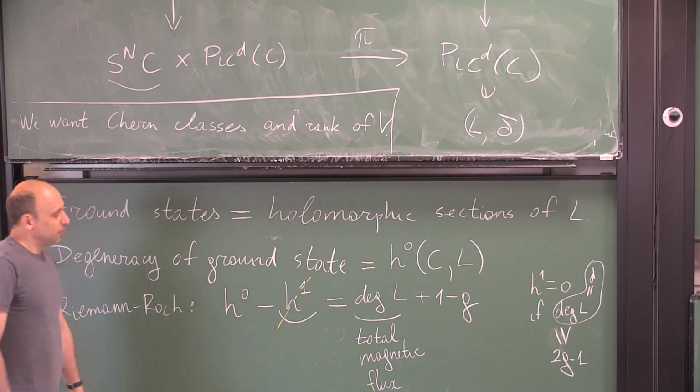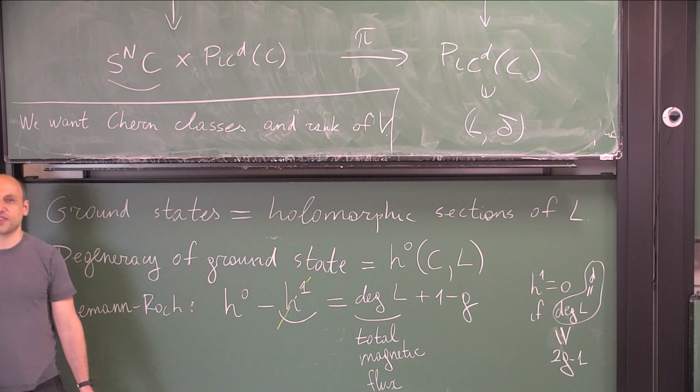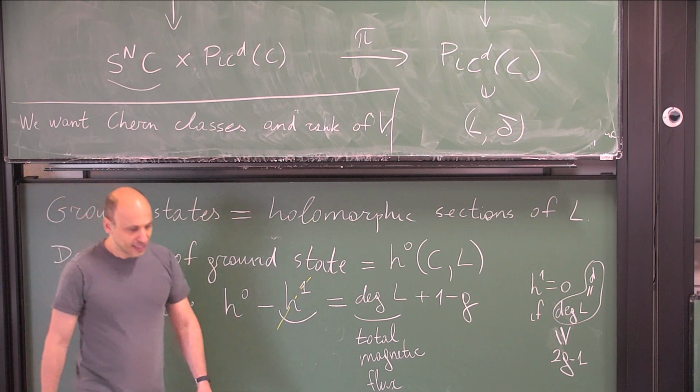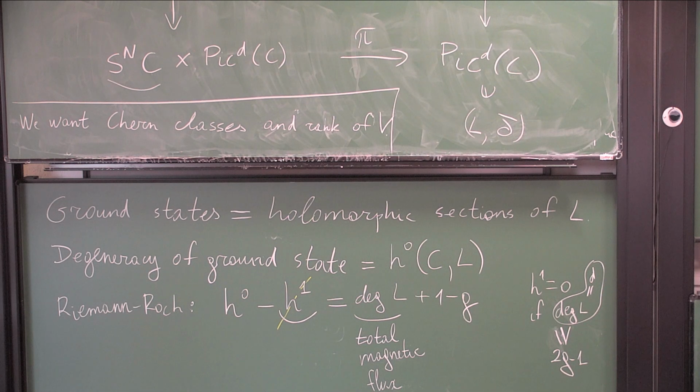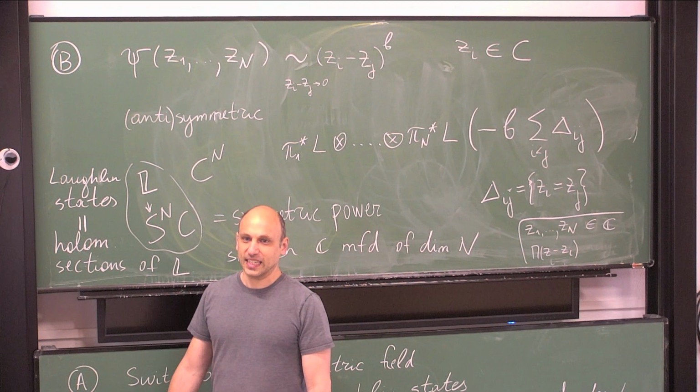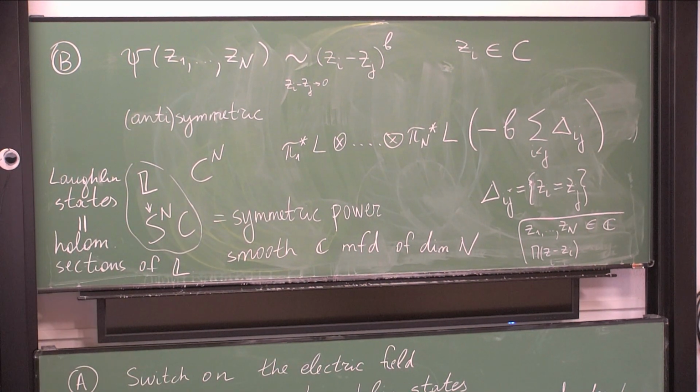And so one remark about, so Chern classes are topological invariants of a vector bundle. So that means that there's always this question: how well do Laughlin states approximate reality? I don't know the answer, but I want to note that in this case, the first Chern class, the Chern